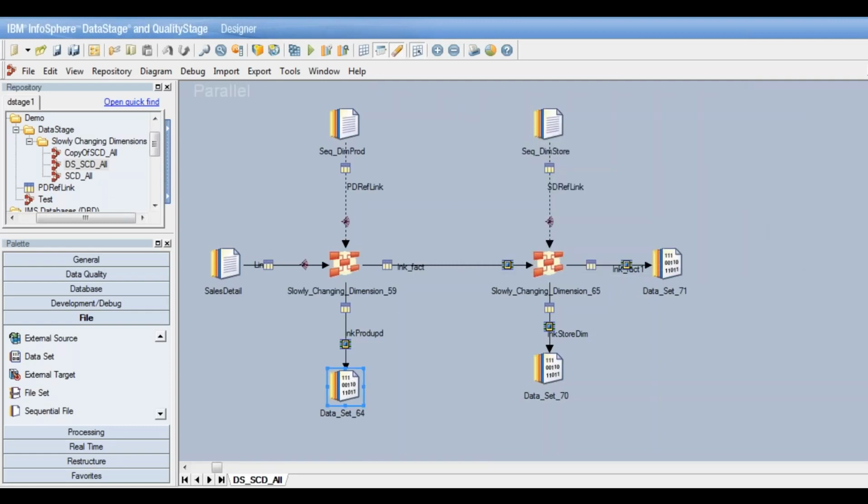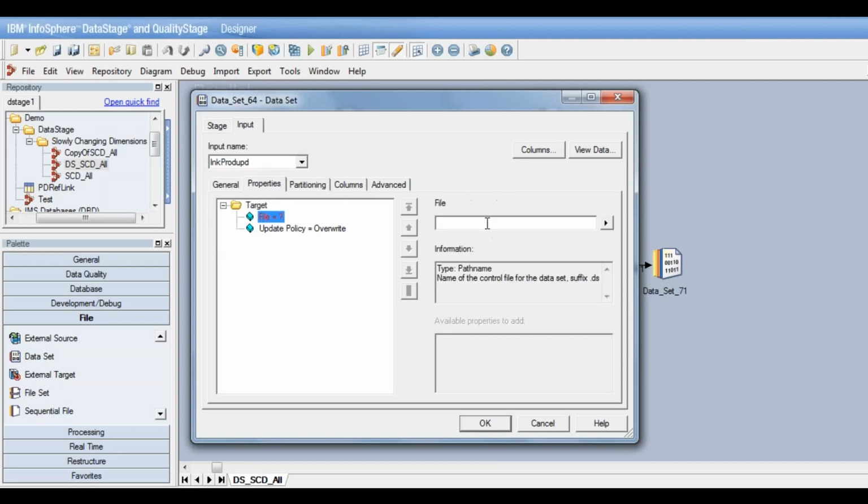A full refresh of the fact table. So fact table can be at two levels, right? If it is at the lowest grain level, that is it has daily data or whatever is my lowest frequency of data, then it will not be refreshed daily. It will mostly be insert in an append mode. When we are creating fact tables like monthly and all those, then we always have that option because that can be run on any date range and it would be a truncate and load. So in those cases, they'll be refreshed. So that data set 71, that could actually be that change data stage there next, which would insert or append the new records to that fact table.